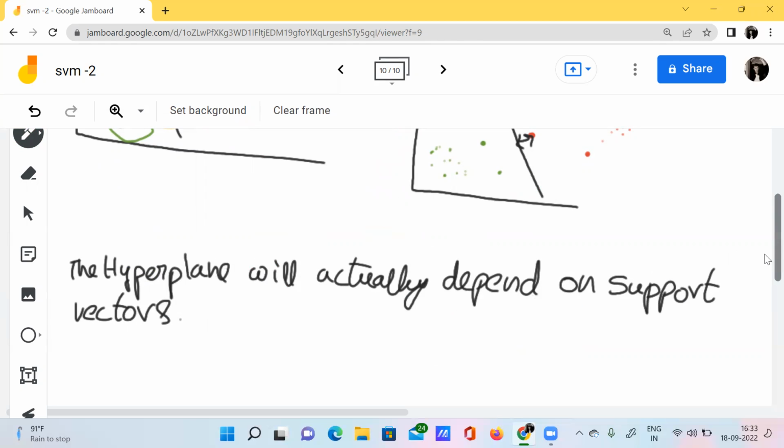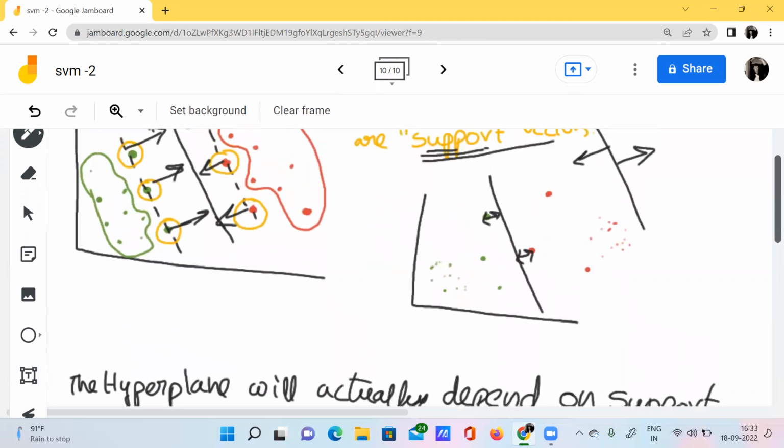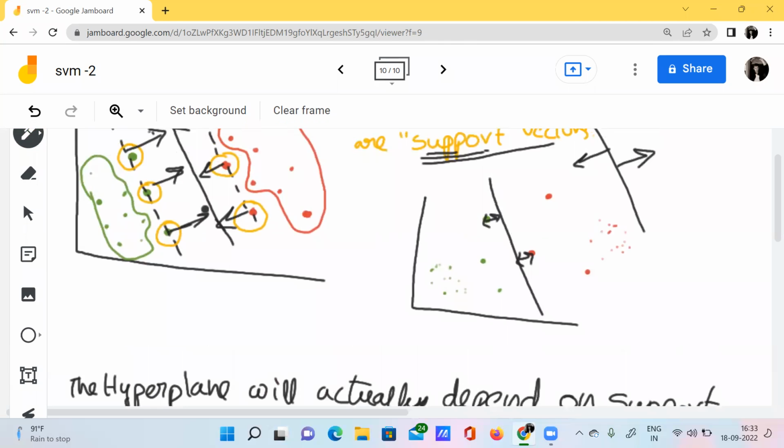The location of this hyperplane will depend upon the location of the support vectors.